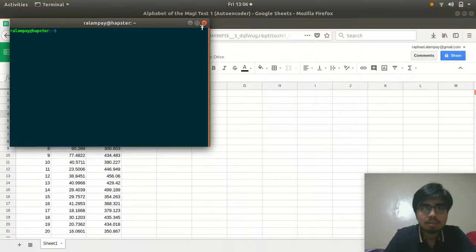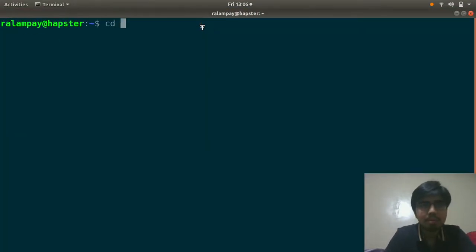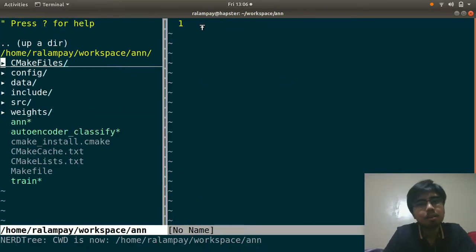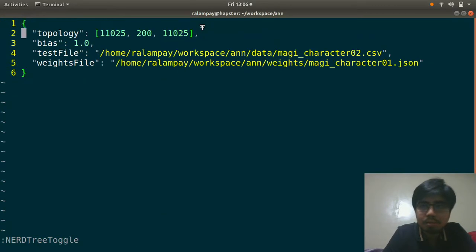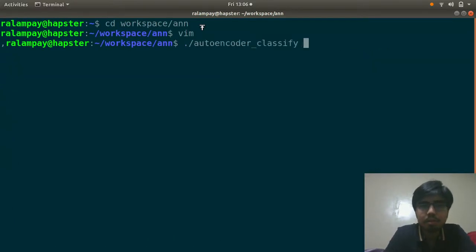Let's go the old-fashioned way without Emacs. Alright, so change this to character 3 and rerun